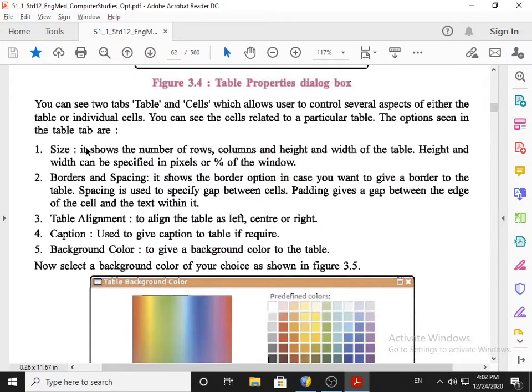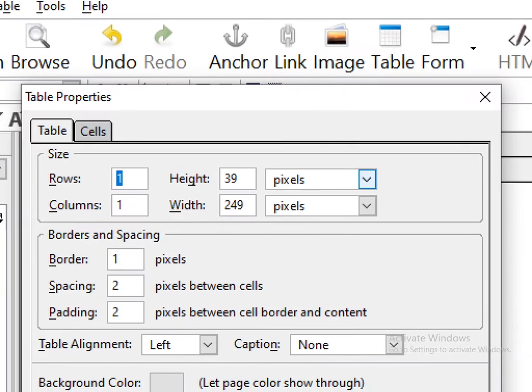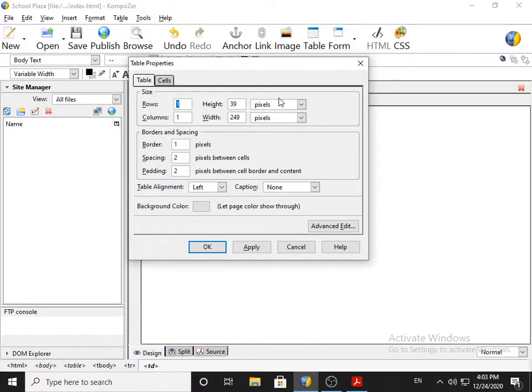The first option is what? It shows the number of rows and columns, and the height and width of the table, and height and width can be specified in pixels or percentage of the window. Underline, the measurement is either pixel or percentage. For example, here it shows pixel. Now we go for percentage.